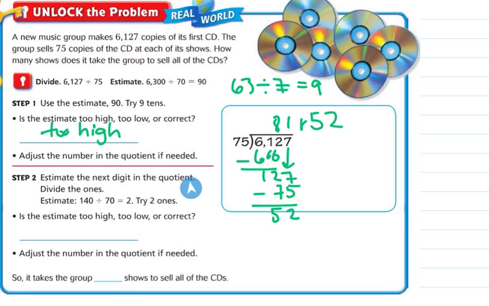So we saw that we divided the ones and it said to estimate 140 divided by 8 is equal to 2. So we tried 2 ones. I skipped that part because 2 ones was a little bit too large. We noticed that that would be too high, and what we did was we bumped down again and we used 1. So it took exactly